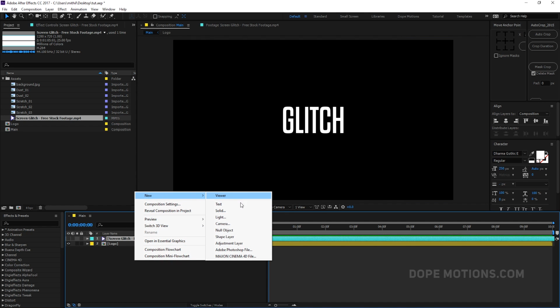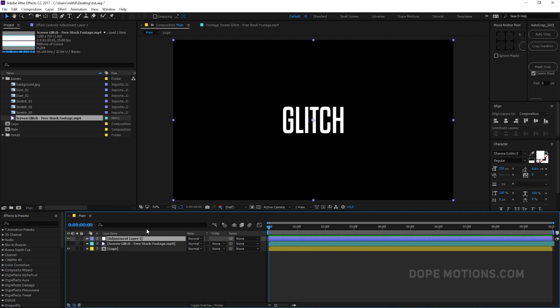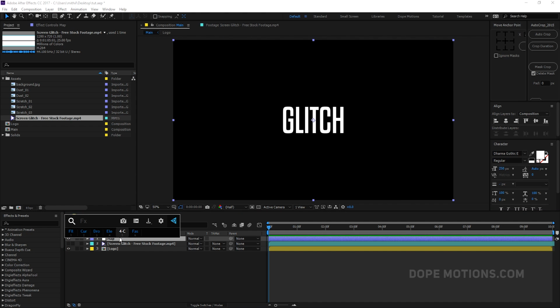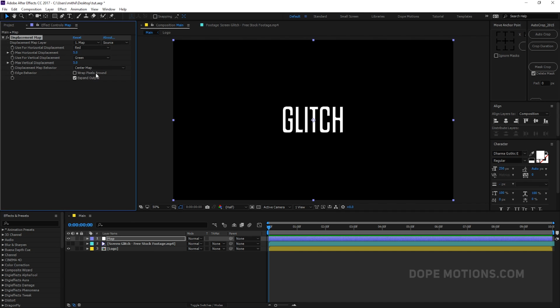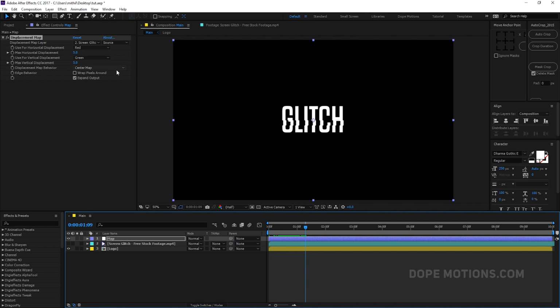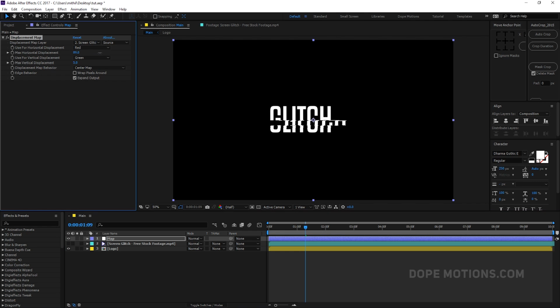And I'm going to create a new adjustment layer and just rename this to map, because this is going to be our displacement map. So select the layer and add an effect called displacement map. There we go. And right over there in the displacement map layer, I'm going to select the screen glitch footage. So now we have something like that. You can play around with the horizontal spacing, the vertical spacing, and create some really cool looking glitches. As you can see,